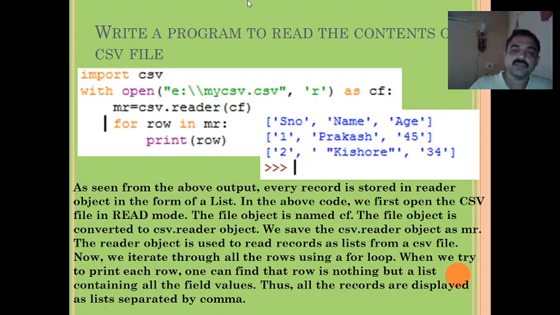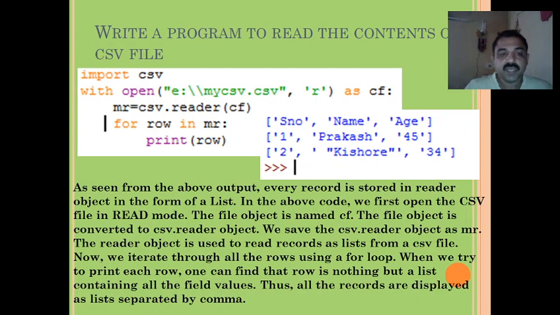So in the first line, for example, serial number, name and age is stored in the CSV file. It will take that row, then it goes to the next row. So one by one rows are printed from the CSV file. So remember here, we need to import csv, then csv.reader is a function for reading the CSV file. Is it clear?